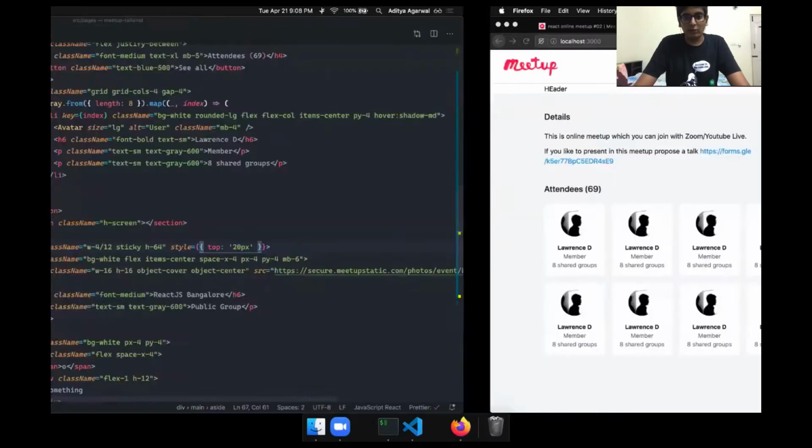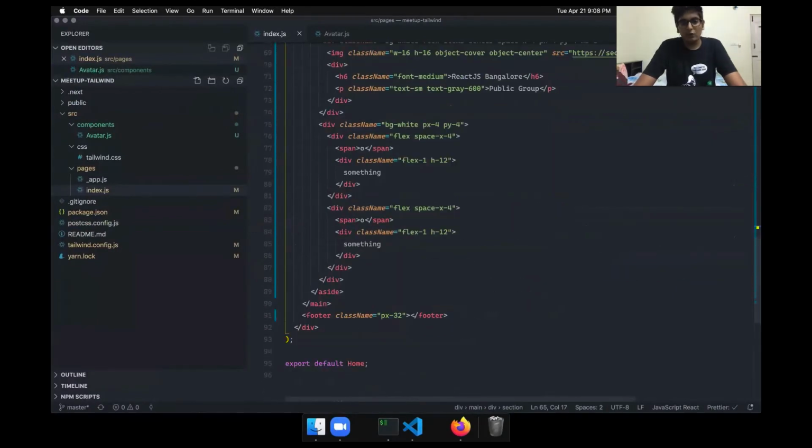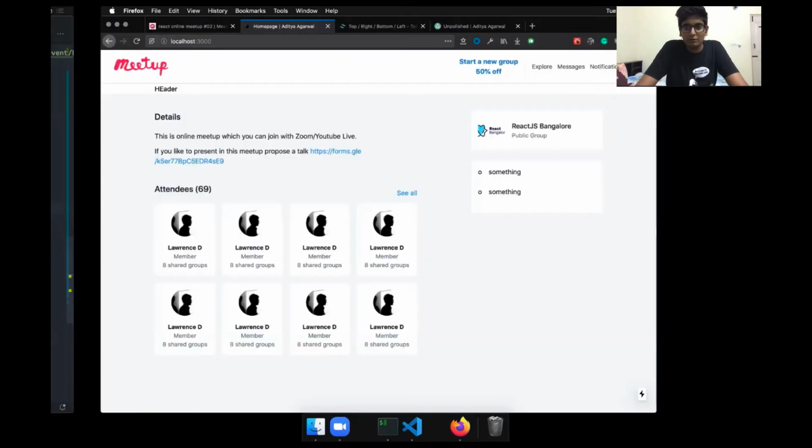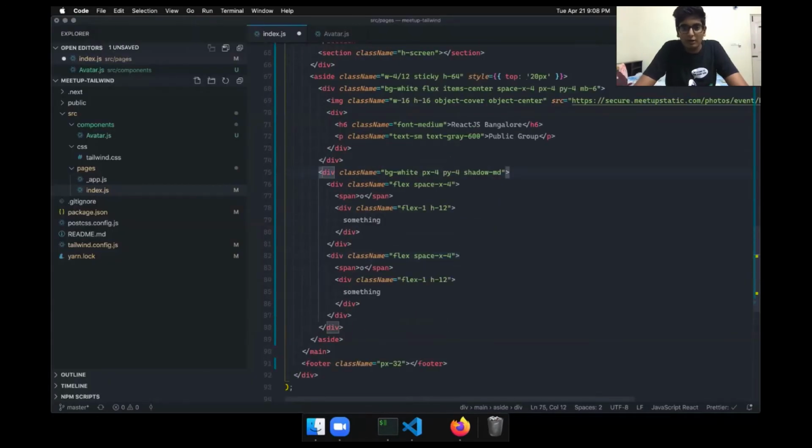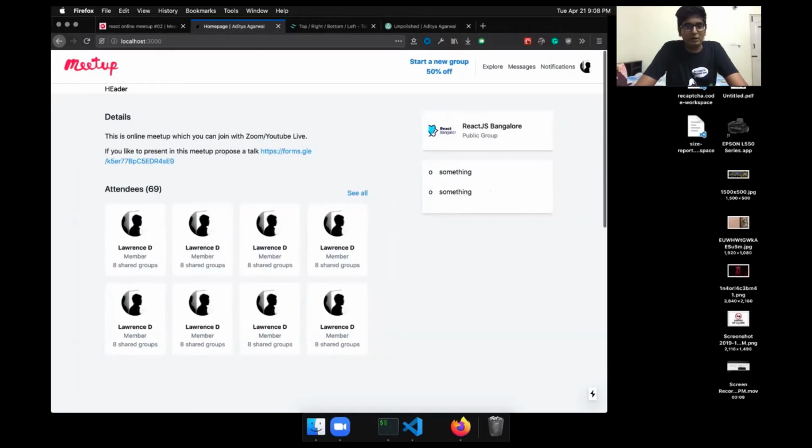And I don't like the way Meetup.com is doing their cards. So I'm just going to make one small change. I'm just going to introduce a small shadow here. Okay, I put on the wrong thing. So I put a shadow here, and I put a shadow on this, just to make it look a little better than their version. And I think shadow MD is too much.